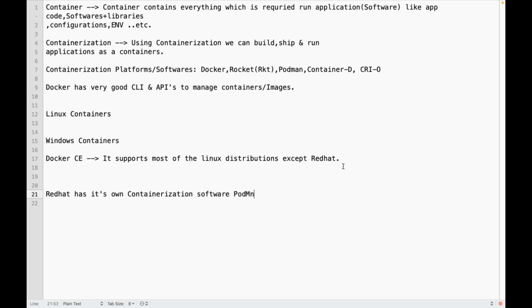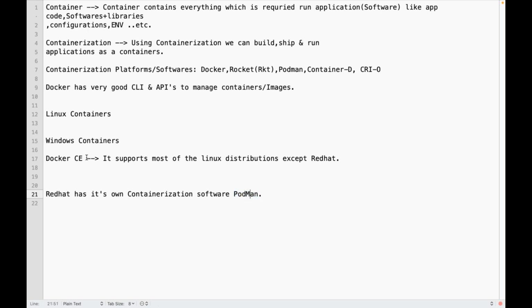So this Podman is again one containerization software. Who implemented this Podman? Basically Red Hat. Now Red Hat has been acquired by IBM, so I can say IBM now. So they have their own containerization software.